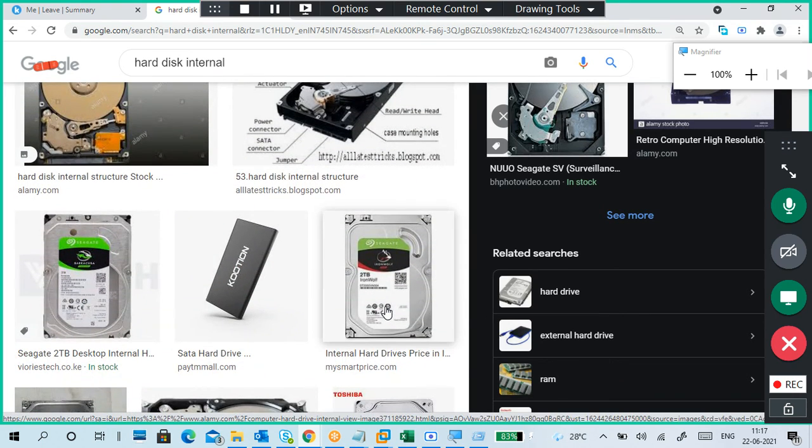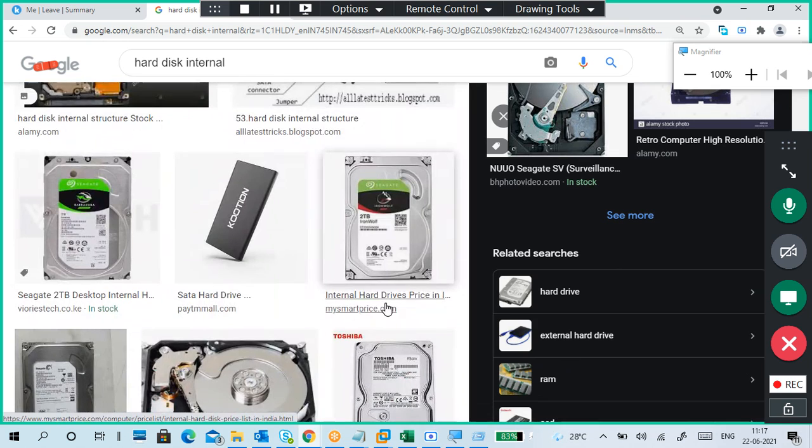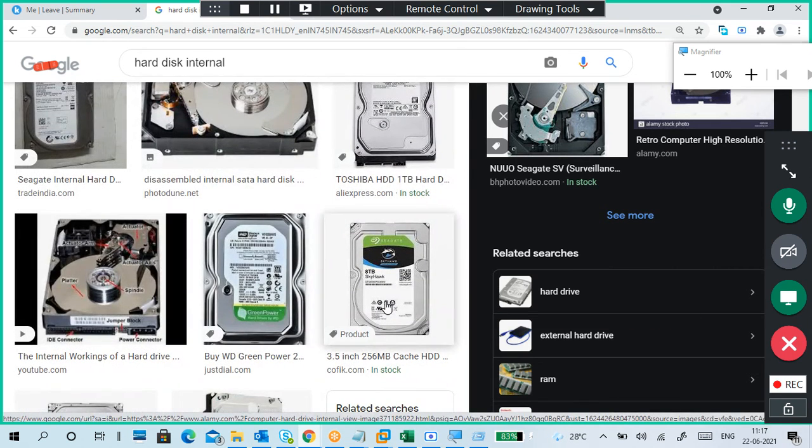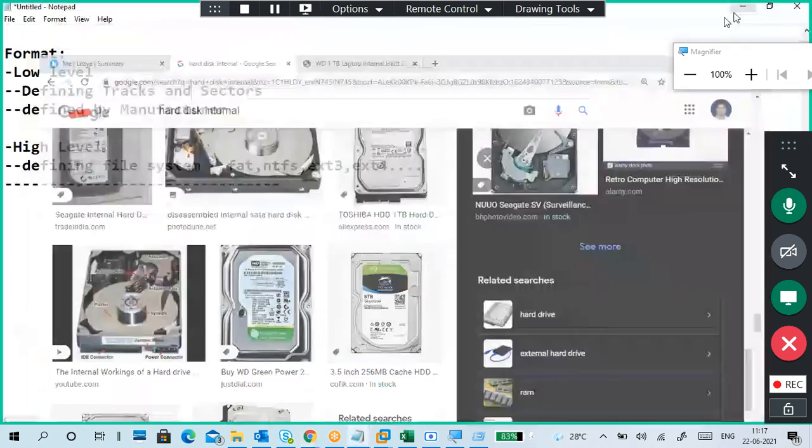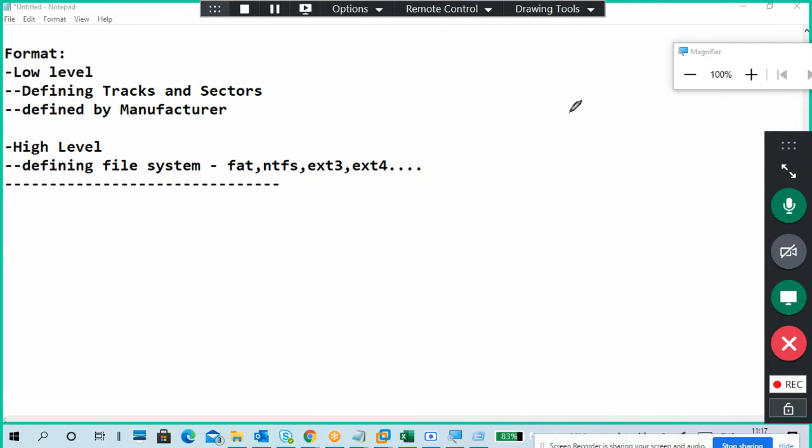If you go to each platter, there is track 1 on platter 1, track 1 on platter 2, and so on. It's quite easy. Platter 1 track 1, platter 2 track 1, platter 3 track 1, platter 4 track 1.